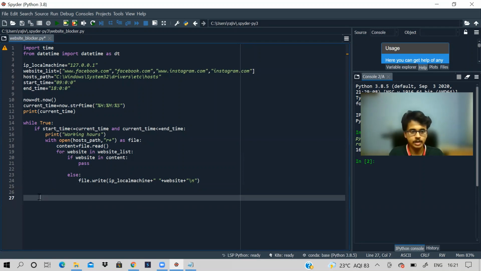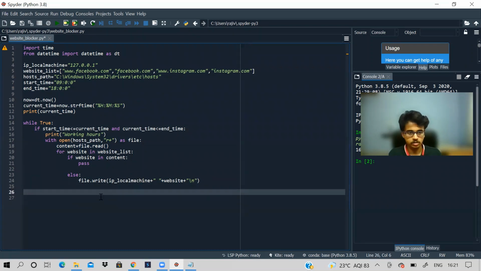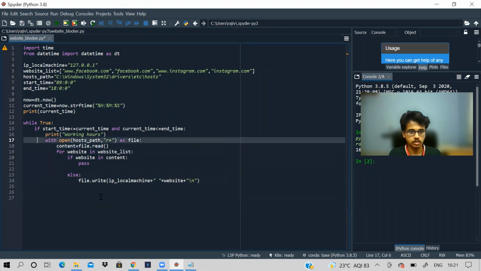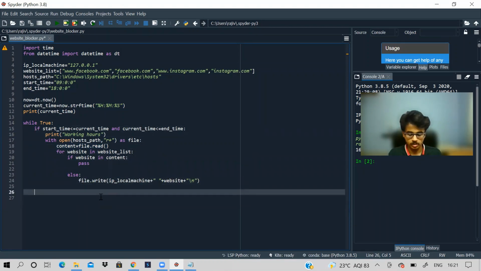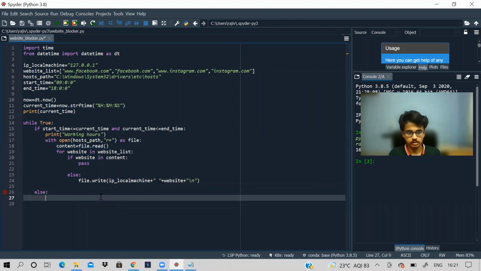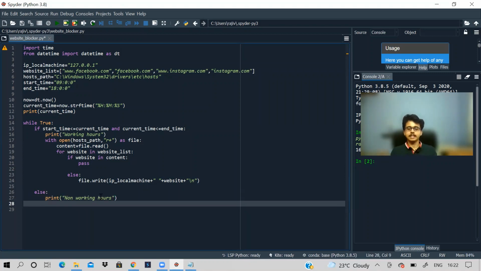Now what to do if we are not in our working hours? So let us say else, we need to print non-working hours, right? Okay, we have printed non-working hours, fine.